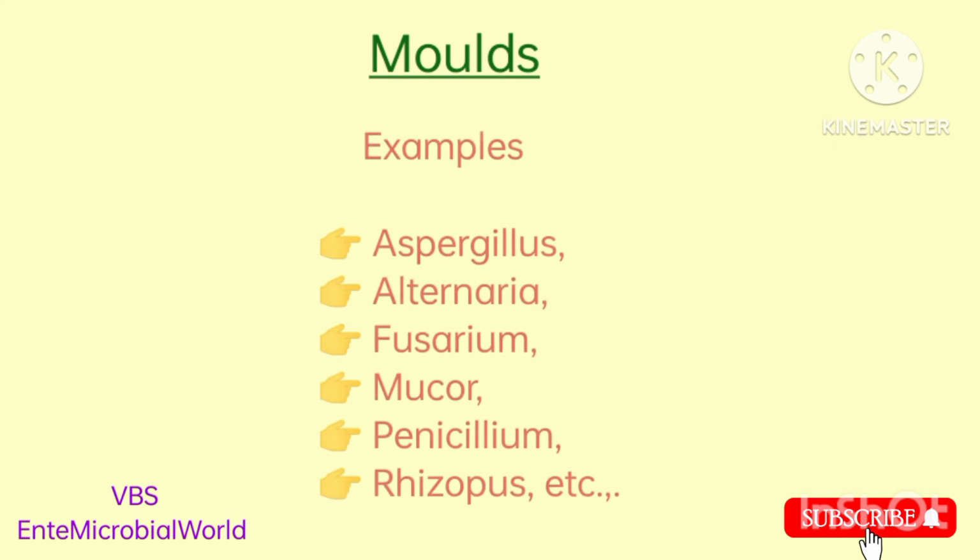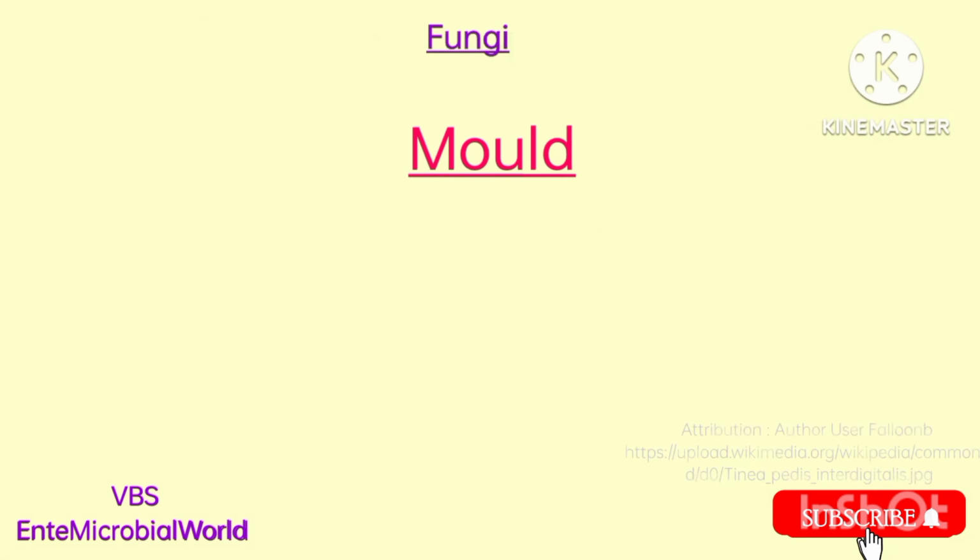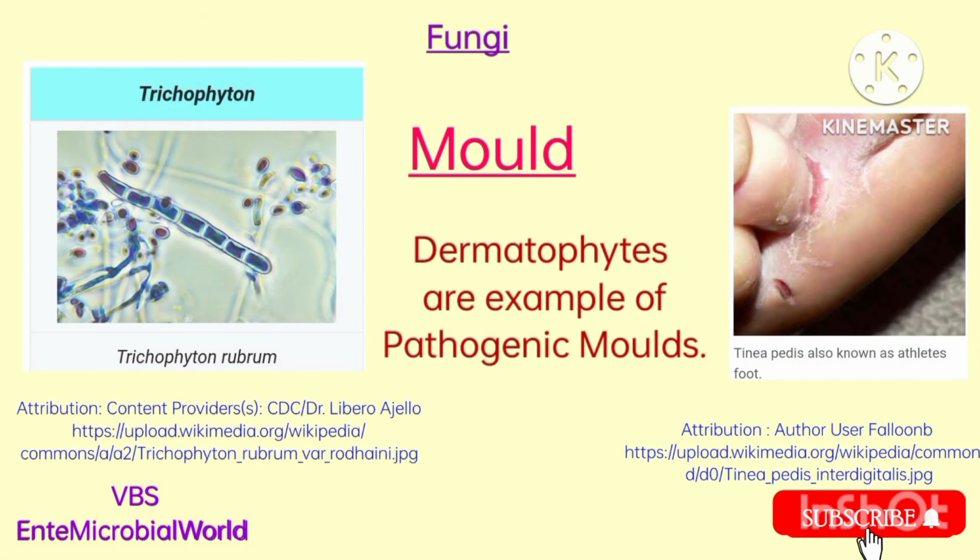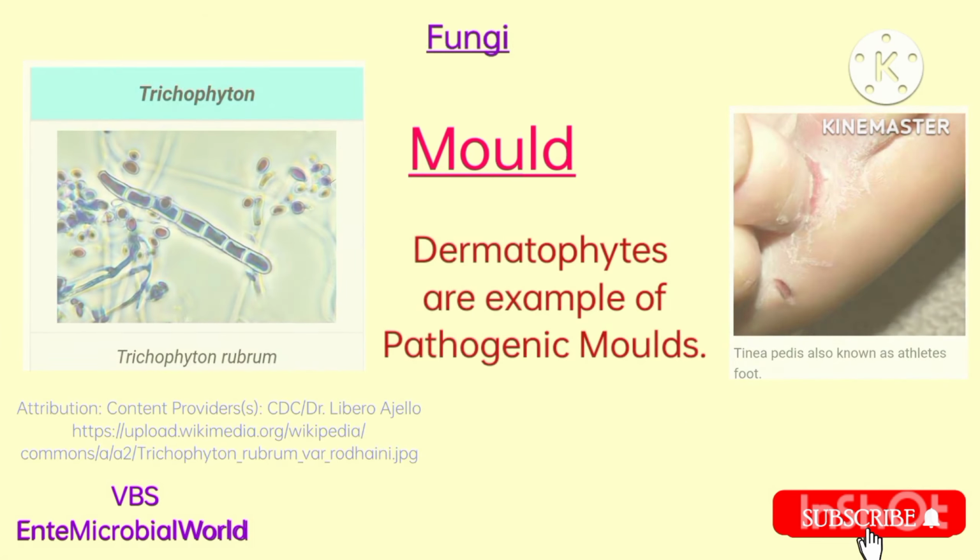Let's see some examples of filamentous fungi: Aspergillus, Alternaria, Fusarium, Mucor, Penicillium, Rhizopus, etc. Dermatophytes are examples of pathogenic molds. Next one is